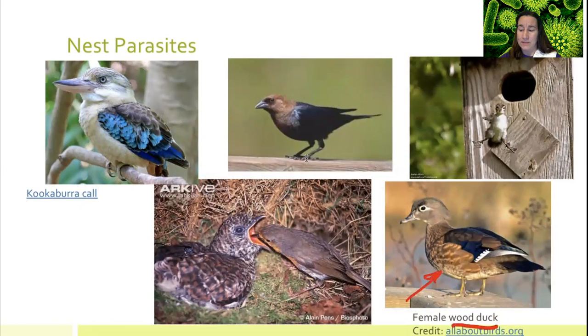Other nest parasites like the brown-headed cowbird or the kookaburra or the cuckoo, these are nest parasites. So these birds come along, they will lay their egg in another species' nest, and that egg will hatch. Those offspring are going to give the boot to or outcompete the mother's eggs. So the original offspring that were in that nest, this bird is either going to shove the eggs out of the nest, or they're just going to steal all the food. But either way, the babies of the mom don't make it.